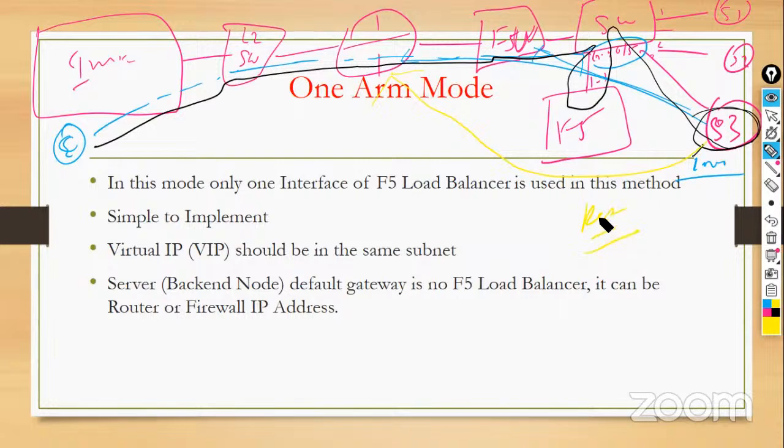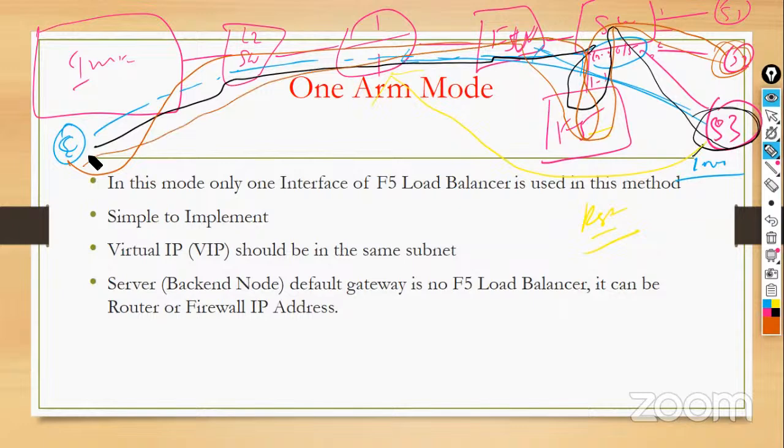So what we need to do is something on the F5 side. Let me choose a different color. For example, this one. Now your request is coming here, moving here, and now it lands on the F5, then F5 to the switch and moves to the server, right? Now we configured something on the F5, then your request will come to the switch, it will send to the F5, then F5 will revert back to your client,